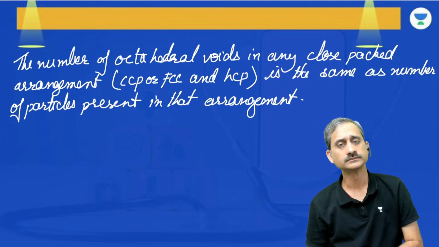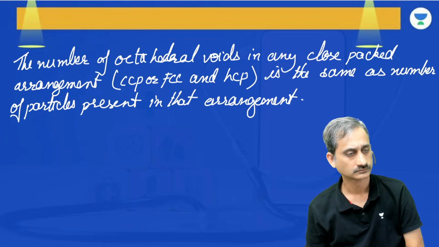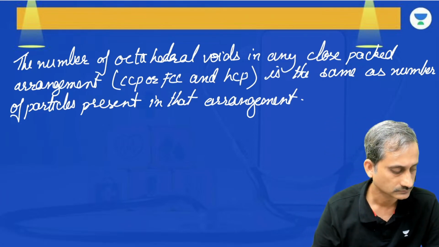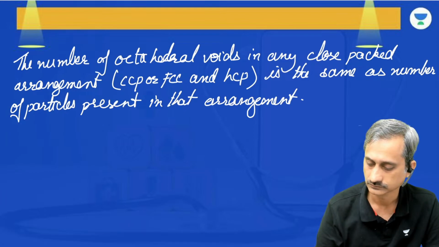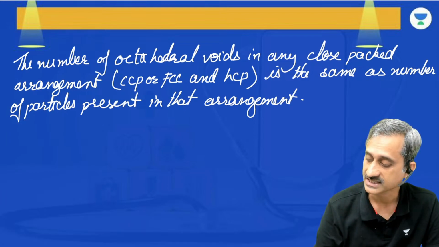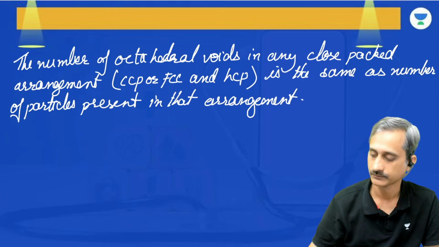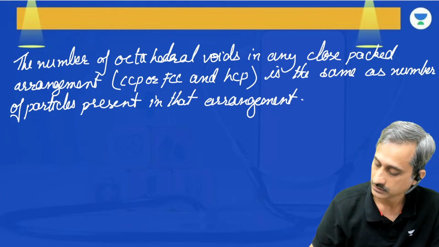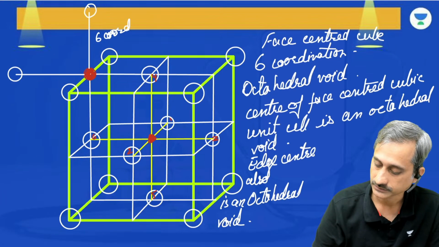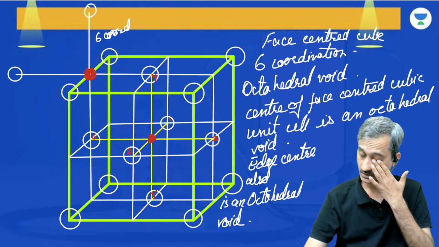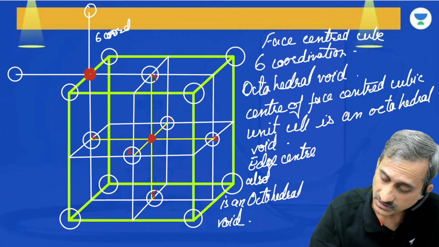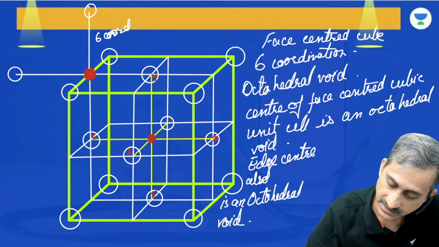Is this clear? So it is the same as the number of particles present in that arrangement. Now let's talk about one more thing. When we talk about this particular arrangement, what you can very well see is